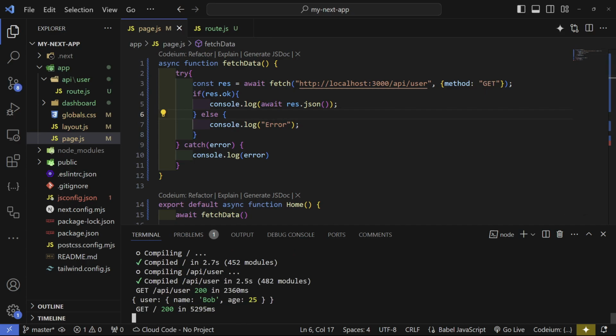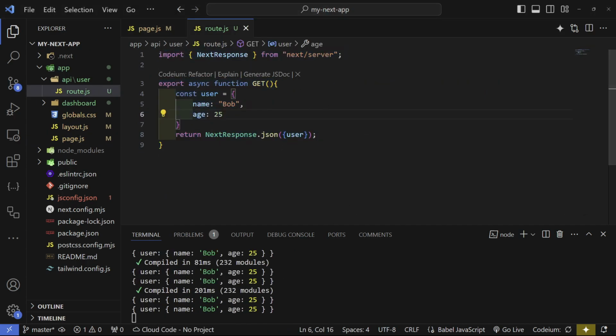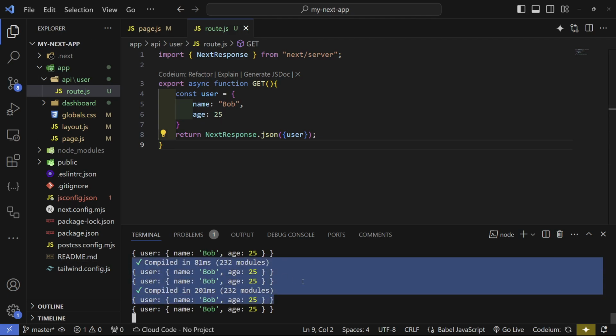But now let's go over all of this code real quick. The first line right here, we're importing our NextResponse, which is actually a utility provided by Next.js for handling responses in API routes, which is exactly what we're doing. After that, we have our GET function that handles the HTTP GET request from here. So method GET, and that's why this is also GET. And then under that, we have our object user with a name of Bob, age of 25. And then at the very end, we're returning a JSON response,